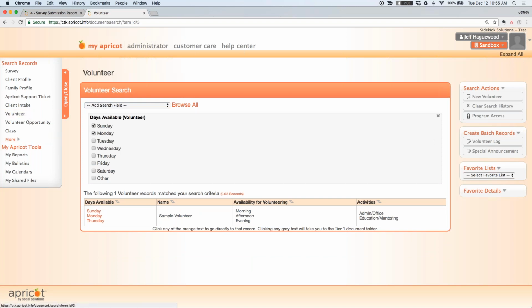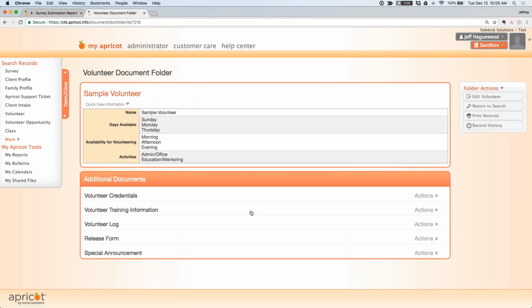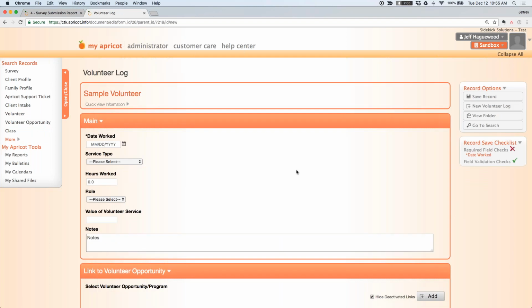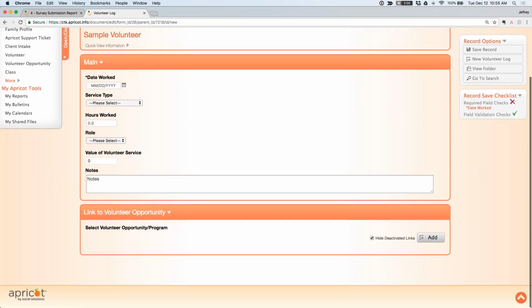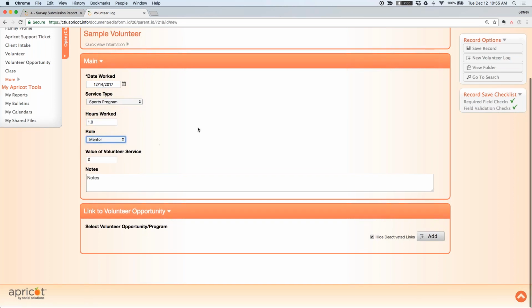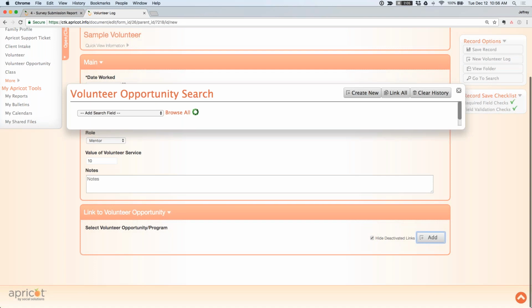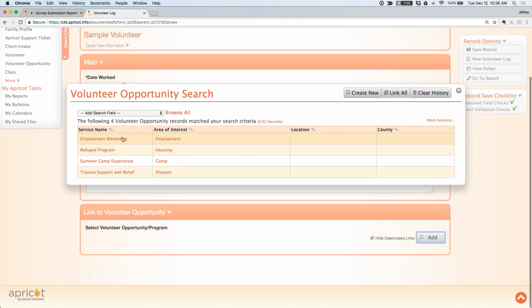One other neat feature about volunteer management is that you can associate volunteer activities with events, opportunities, or projects. So here, if I'm logging some date worked, I say that they were here for an hour. I can link that to a particular program, an event, or any other aggregation that I might want to see